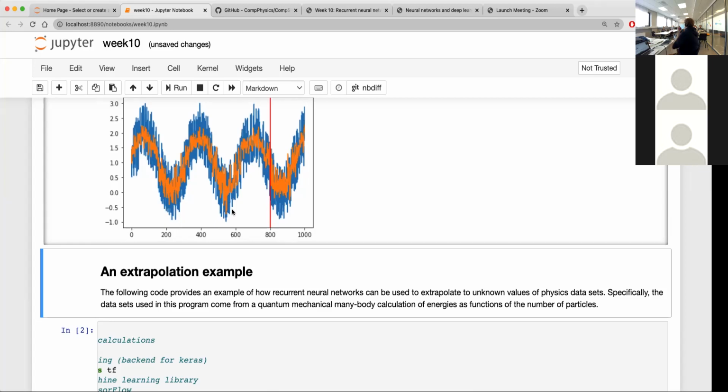So it follows this sine shape, but it's struggling a little bit more with the reproduction of the data set. When you have lots of noise, it clearly makes it much more challenging to reproduce the pattern here. So this is just something to keep in mind. But you see the kind of power of these recurrent neural networks. And the typical situation is that you would train on some data and then make predictions on the behavior of the data.